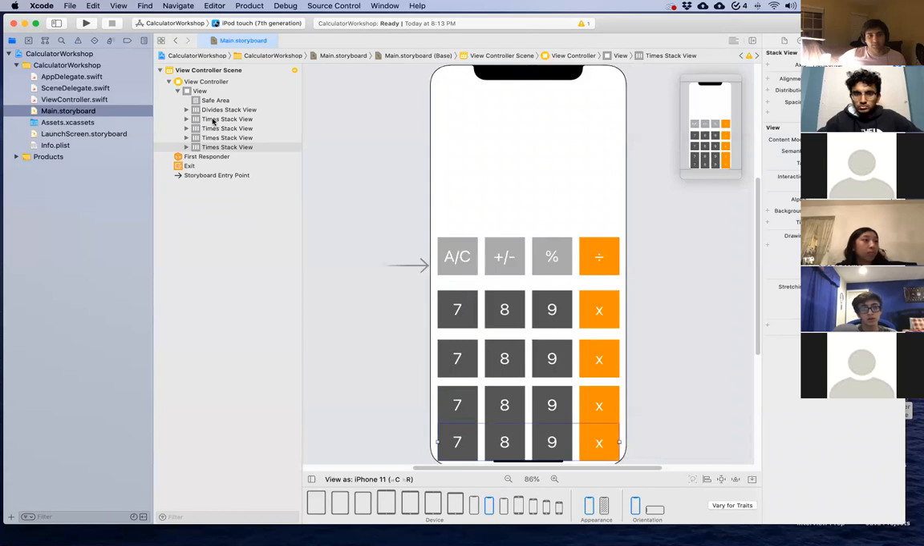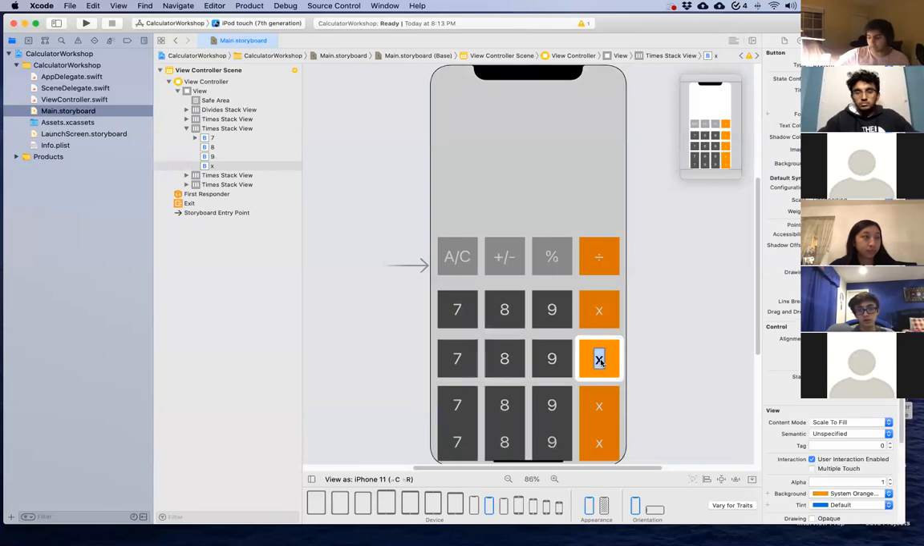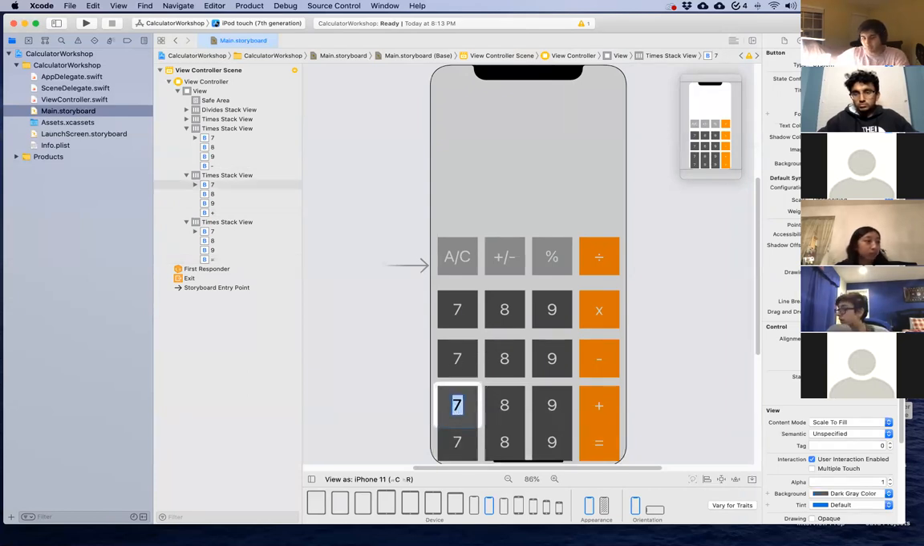Let's change the names. But before we change the names, let's change the values here. So we have divides, X. Under X, we have the minus sign. Under the minus sign, we have the plus sign. Under the plus sign, we have the equal sign. In terms of numbers, it should be 1 here, 2 here, 3 here,